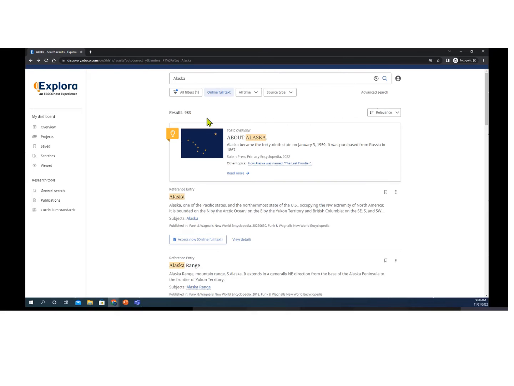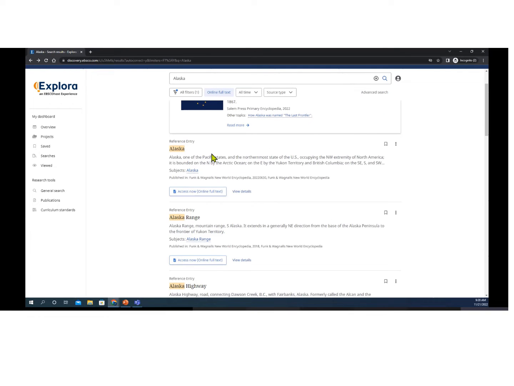For the article level search results, the primary source documents, the magazine articles, the journal articles, the ebooks are represented below the topic overview. They will by default be sorted by relevance, but you can change that. So if you're looking for the most recently published article, then you can sort by date newest or date oldest. As you scroll down, you'll see all of those 983 search results presented. The title is listed. It's actually going to highlight your keyword search or the topic that you selected to conduct research. So that's why Alaska is highlighted for each of these